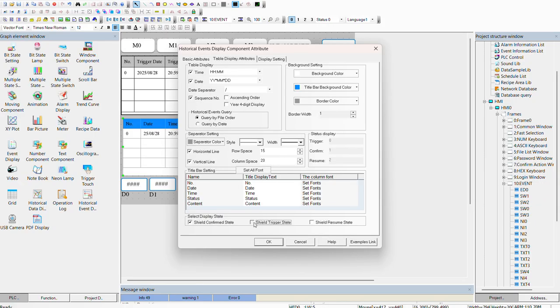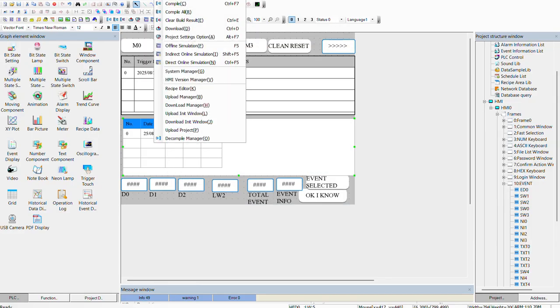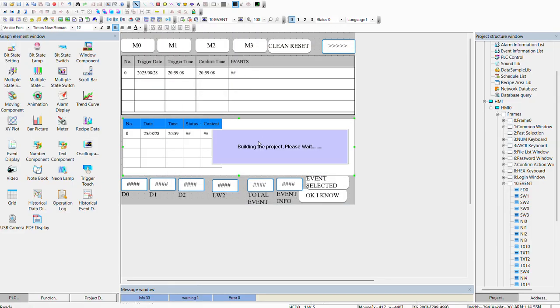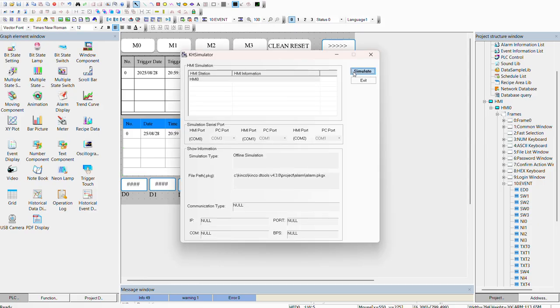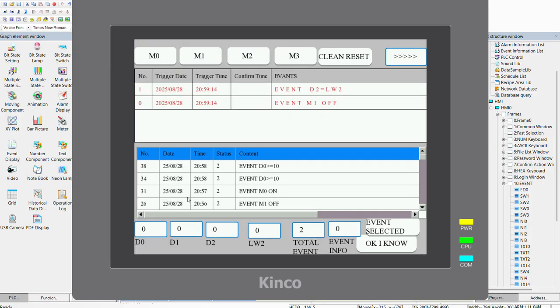If I select trigger state, I only have, when I reset, yes. This was only for the storing status, which status we need to store, we need to record in our historical